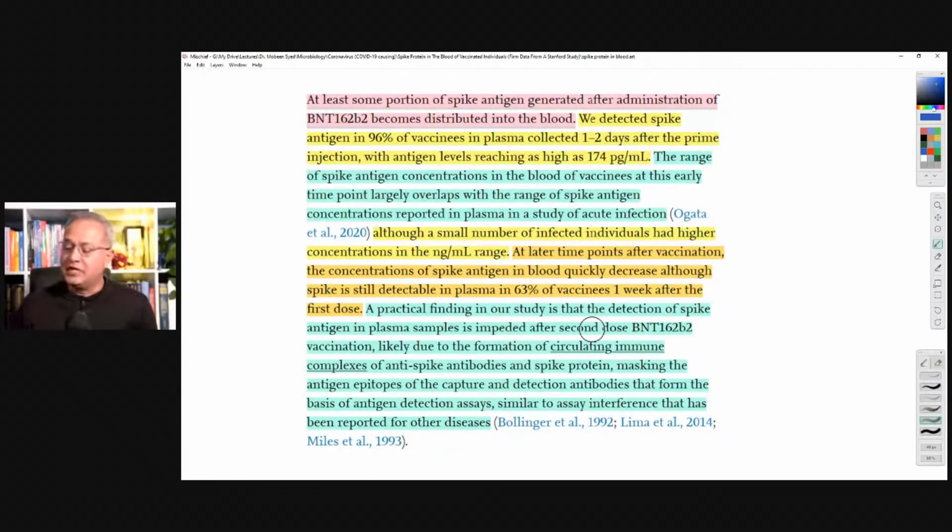I brought it from there: at least some portion of spike antigen generated after administration of BioNTech vaccine becomes distributed into the blood. There's a question here. What proportion? We do not know that. That is a very important question, but they don't have an answer for that. We detected spike antigen in 96% of vaccinees in plasma collected 1 to 2 days after the prime injection, with antigen levels reaching as high as 174 picogram per milliliter. The range of spike protein, so I talked about it, although a small number of infected individuals had concentrations in the nanogram per milliliter